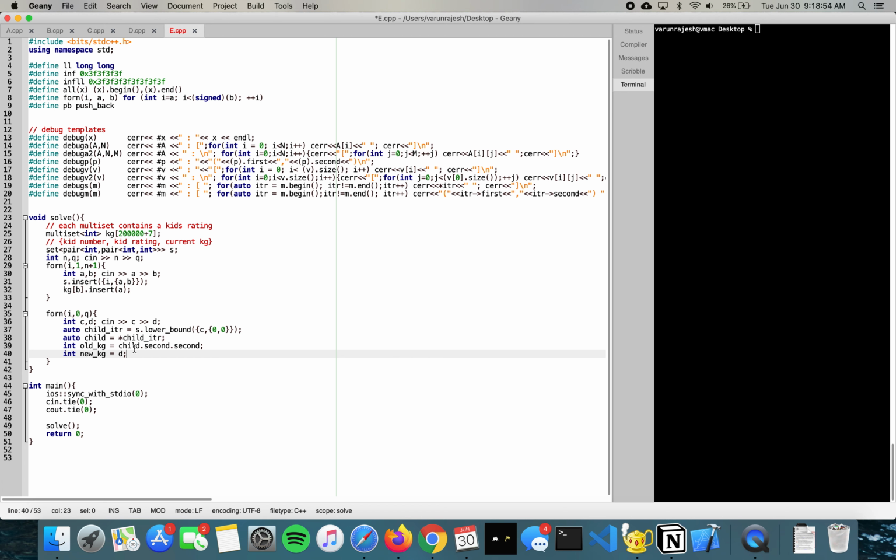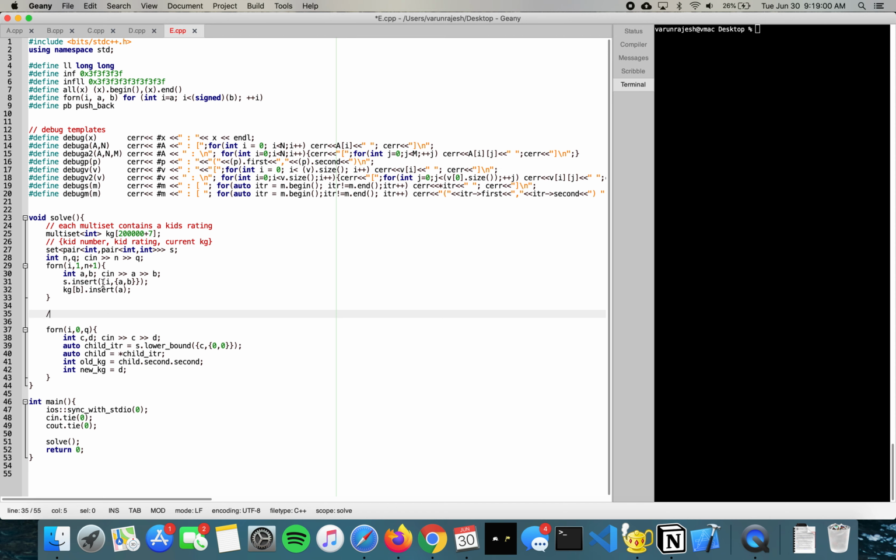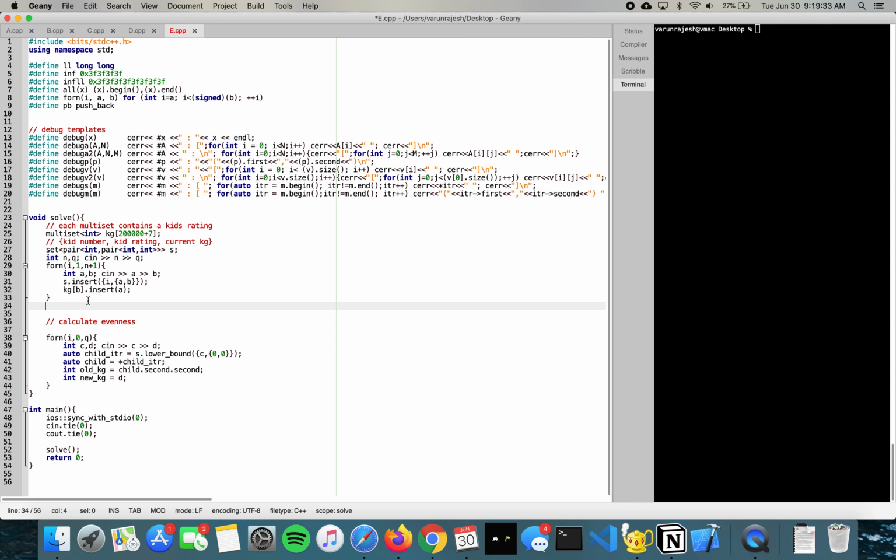Right, I forgot we have to do evenness. So we'll calculate evenness. The best way for evenness is to have one other multiset that just contains the maximum value from each of the sets that do have kids. How we can do that is iterate through all of the kgs and find the maximum value. But what if they don't have a kid? So let's create a placeholder